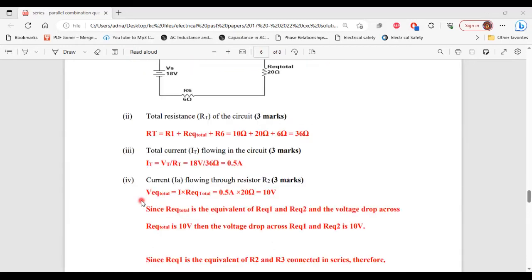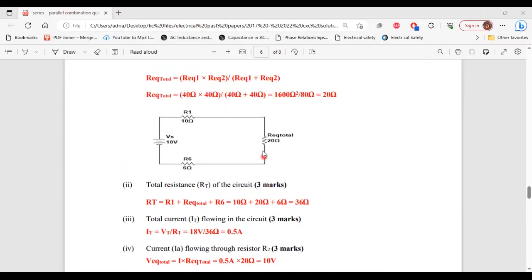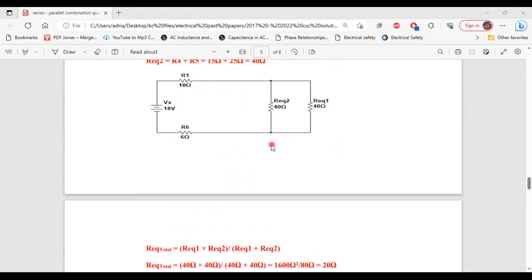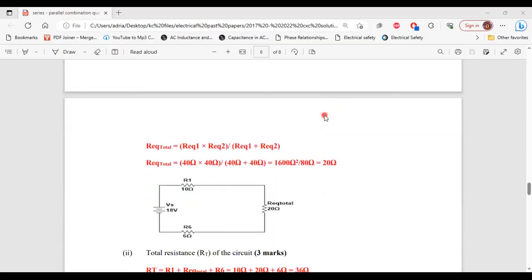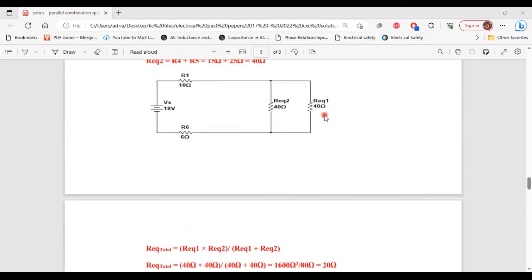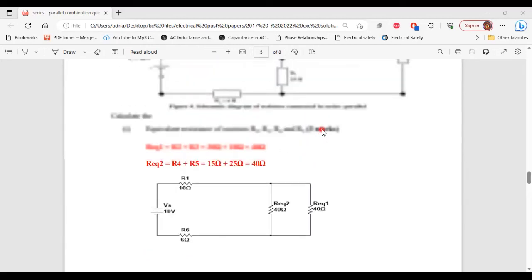All right, so VREQ total is equal to I times REQ total. That will equal 0.5 amp multiplied by 20 ohm, which will give us 10 volts. So REQ total here will have 10 volt across it. Also, REQ2 will also have 10 volt, along with REQ1, also 10 volt. All right. So now that we know the voltage across these two resistors, we can now calculate the current flowing